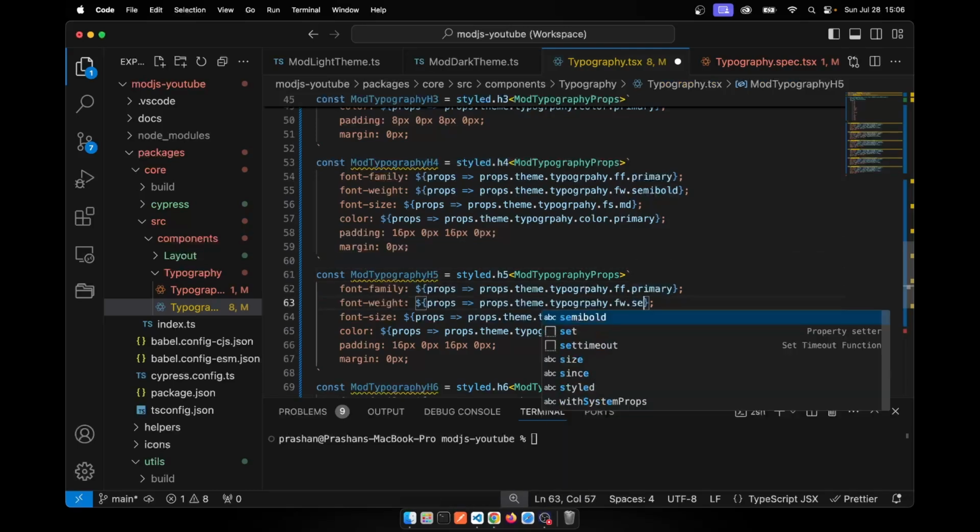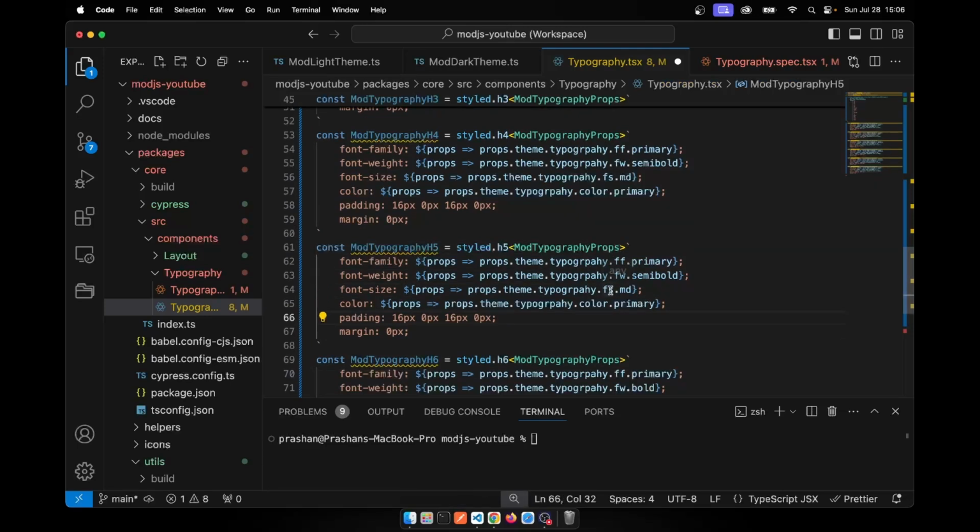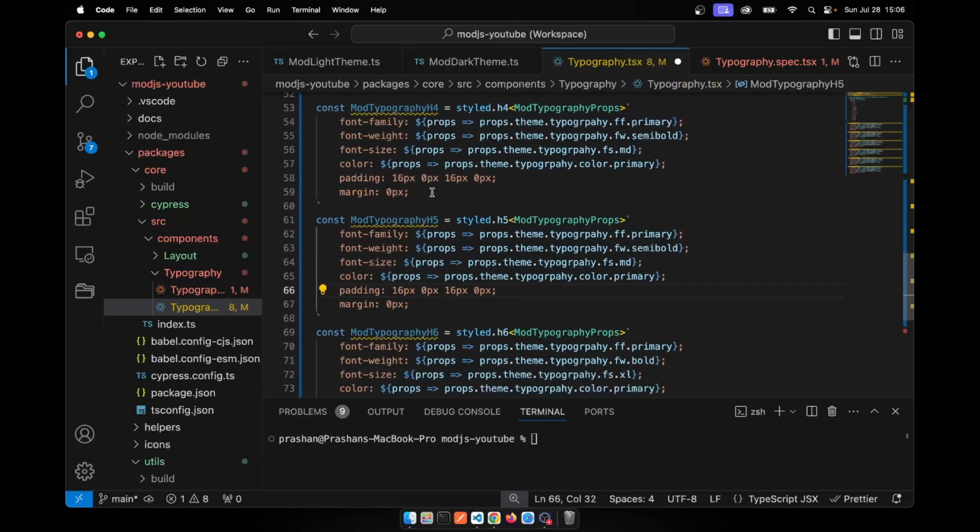For h5, heading 5 primary good. Font weight can be again semi-bold for the heading. Okay, font size can be medium for heading 5. Color is primary good. Padding will be just this. Okay, padding and margin of